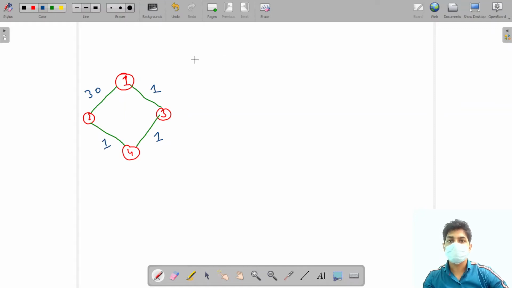In simple BFS, all the edges were of a constant cost, either 1 or any constant value. As I have told you in the BFS video also, BFS gives the shortest path in terms of edges.